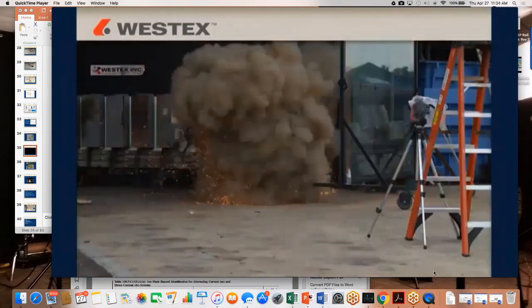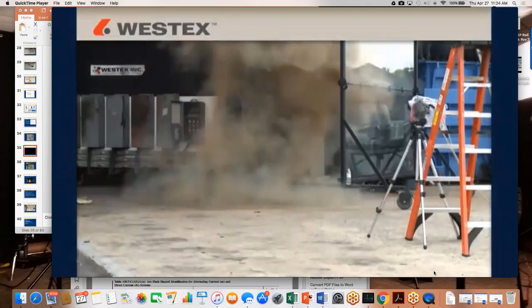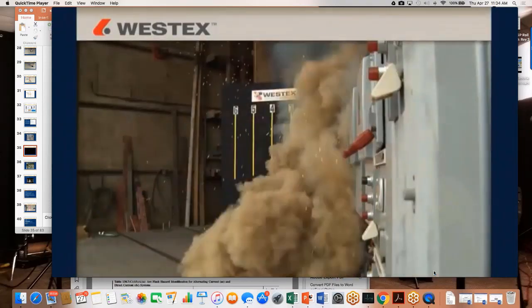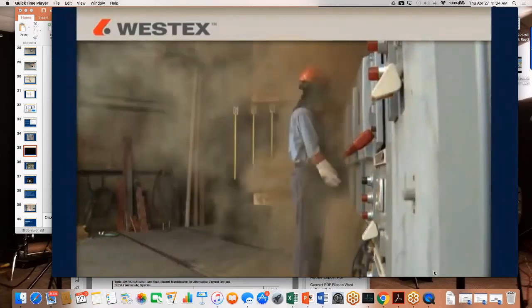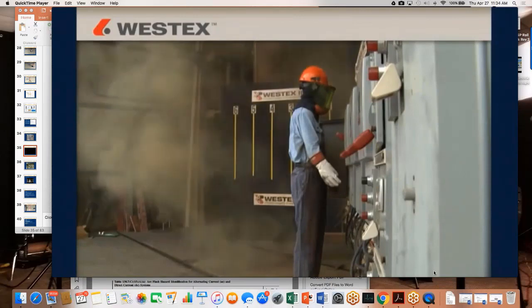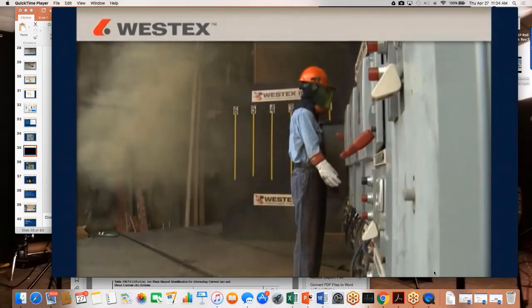Arcs were captured with no mannequins to fully capture the event, with mannequins wearing 100% cotton and polycotton, and with mannequins outfitted in Westex ultra soft flame resistant clothing, both new and after 100 industrial launderings. The stripes and numbers that you see on the wall represent each of the arc gaps to illustrate the hazard